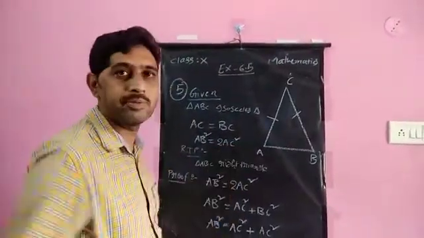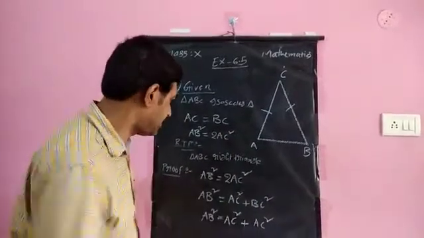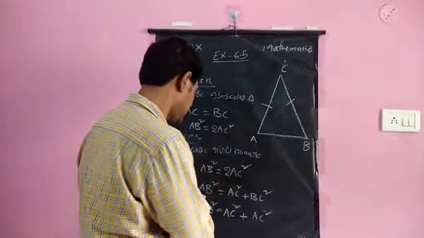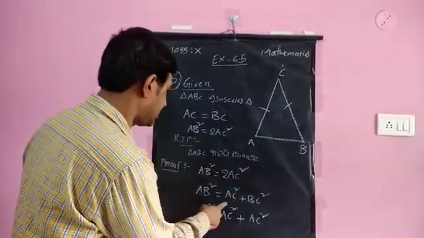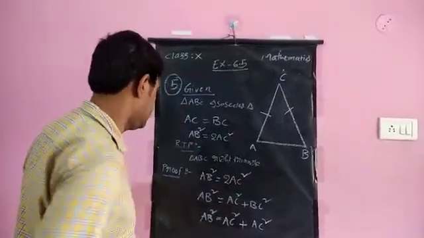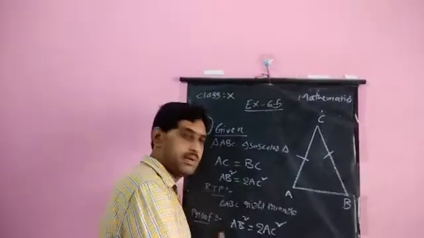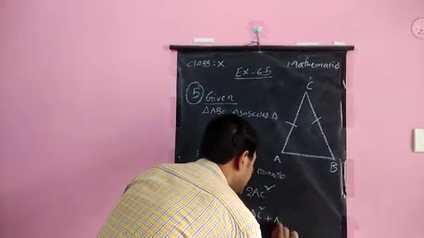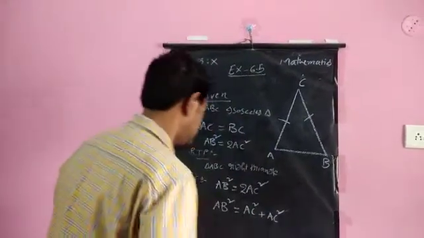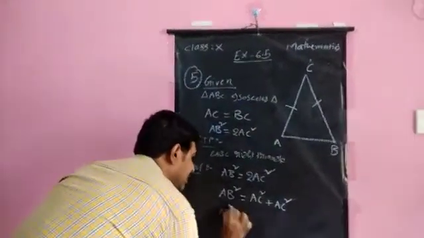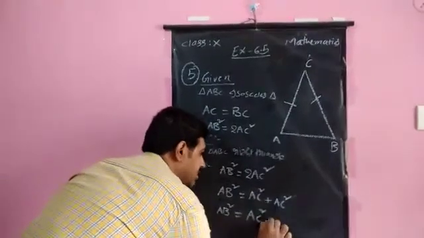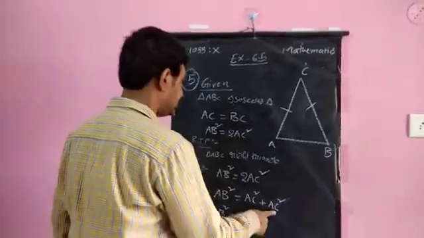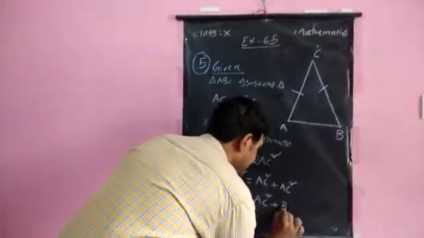I'm not getting that RTP, how to prove that again. So the problem arises because you see, this is AB square equals 2AC square, that's fine. So by correcting that error, what I'm getting, AB square equals 2AC square, I'll write this as AC square plus AC square. So AB square equals AC square plus one of the AC square, I'll change it as BC. This AC, if I write it as BC, will become BC square.